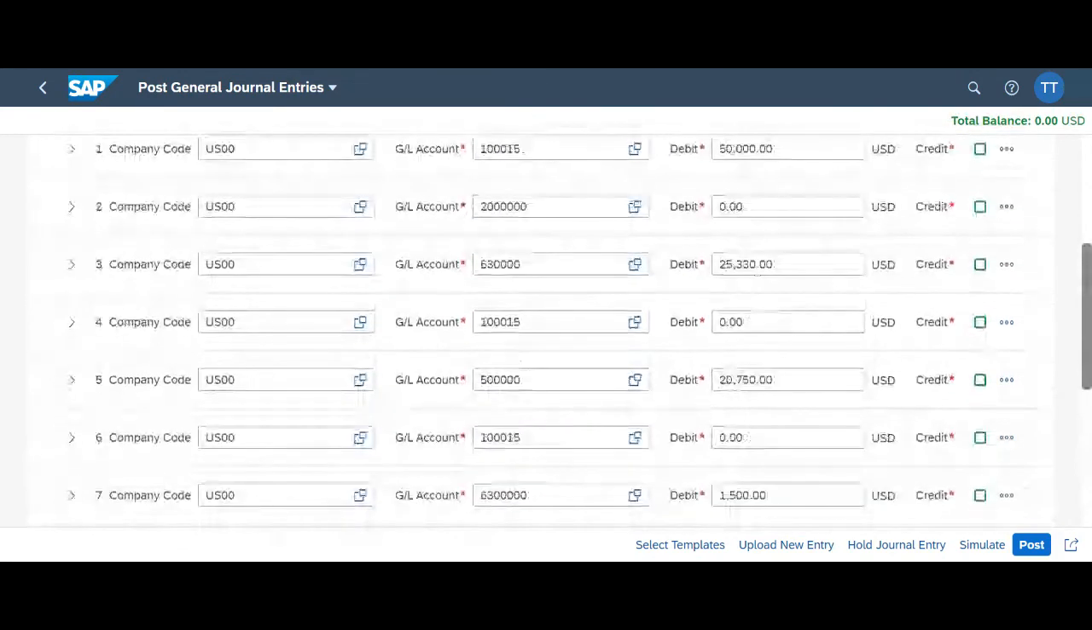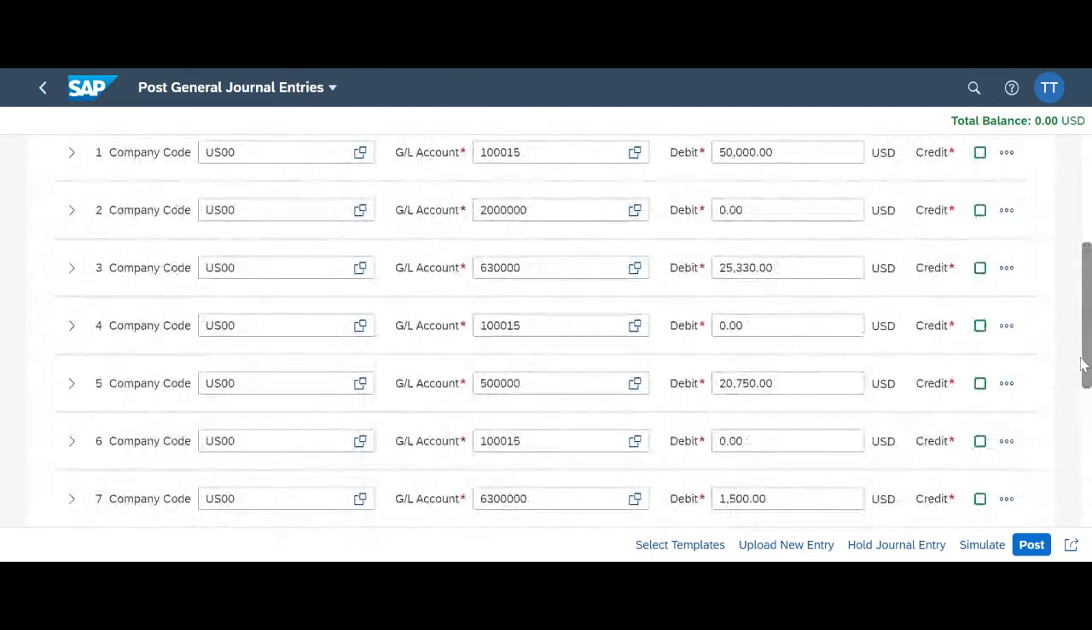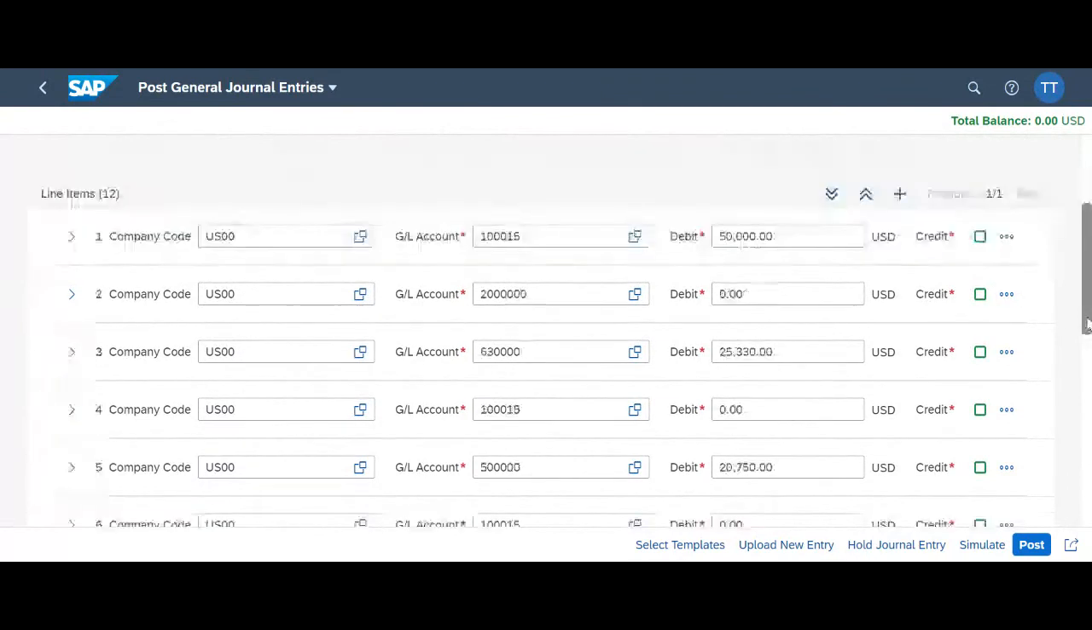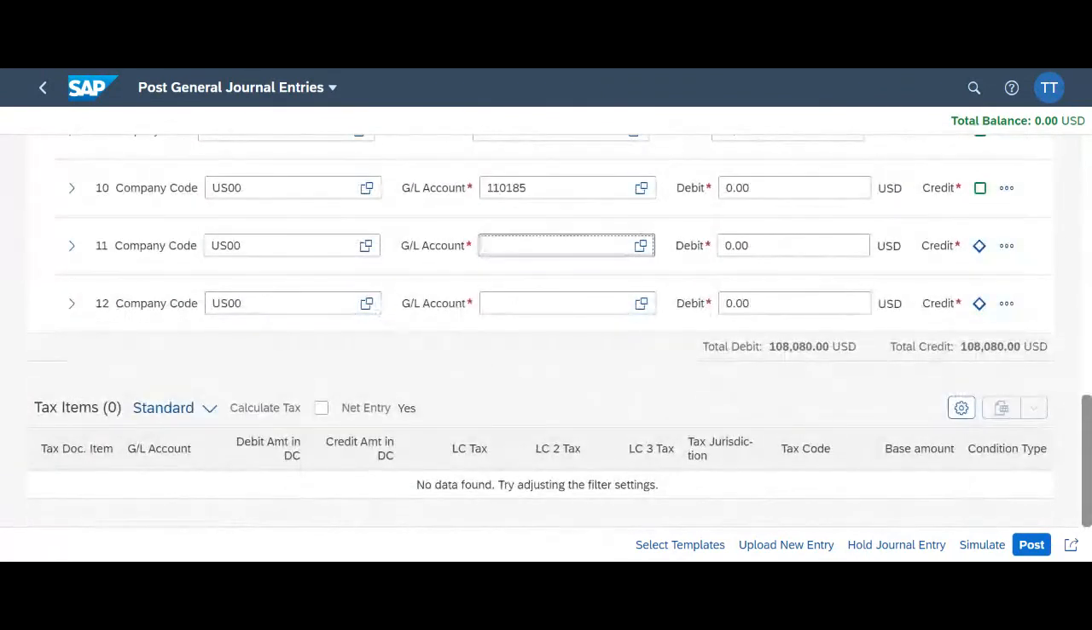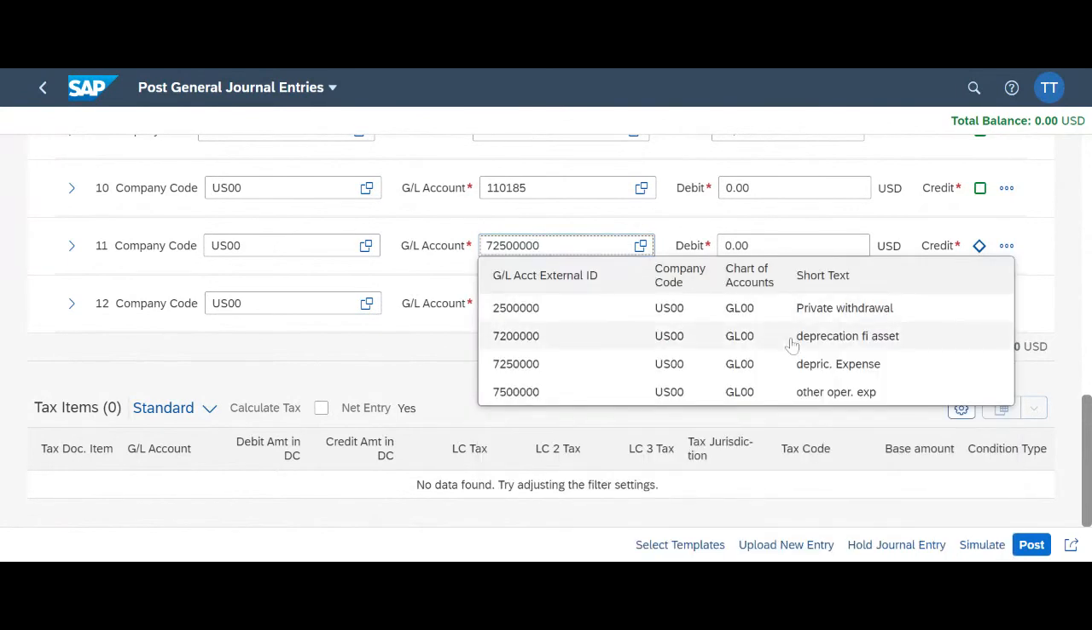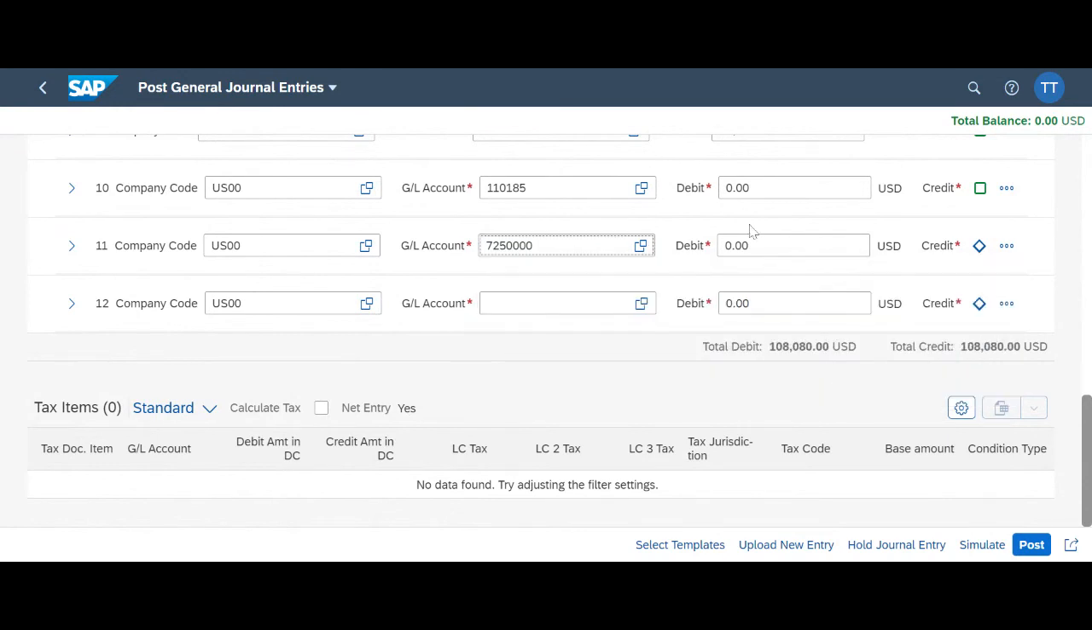Now we go to the 6th entry, which says recorded depreciation. Okay, let's add 2 lines for the next entry. Come down here, and depreciation expense is 7,250,000, and the account name is depreciation expense. So deprec expense right there, and the debit amount is 3,450, and the credit is going to go to accumulated depreciation,